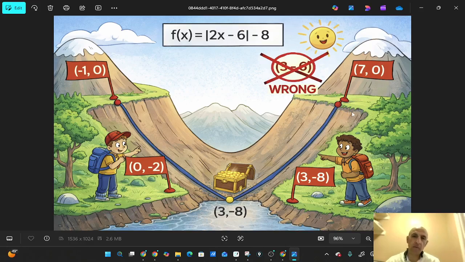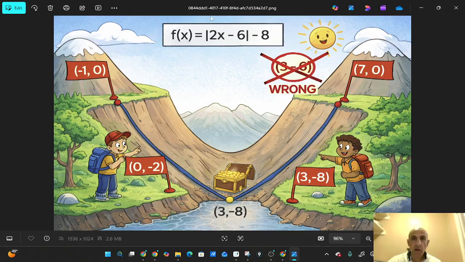Good morning, everyone. In this video, we will learn how to sketch the graph for absolute value function. You can see here in this picture that we express the absolute value like a valley. We have here the points in the top, (-1, 0) and (7, 0), and here the point in the bottom, which is (3, -2). We will try now to go back to this